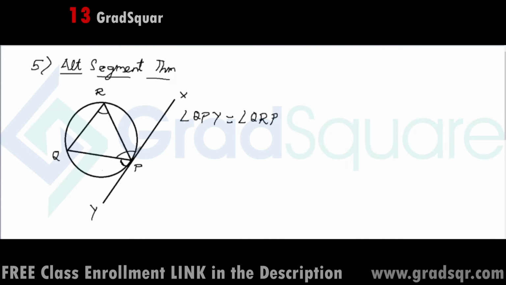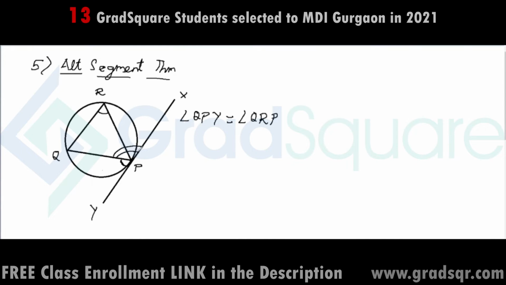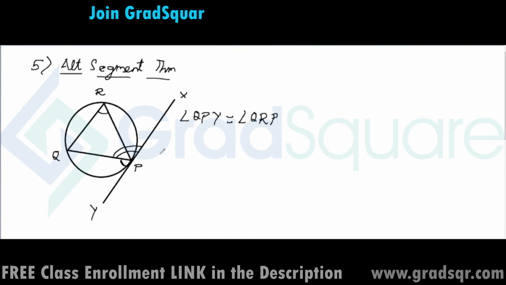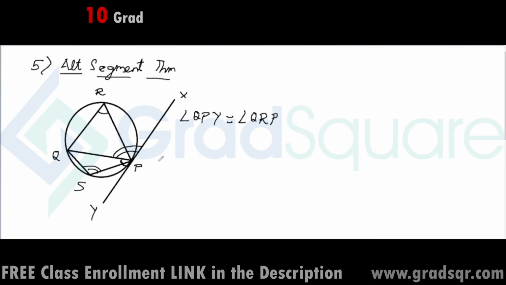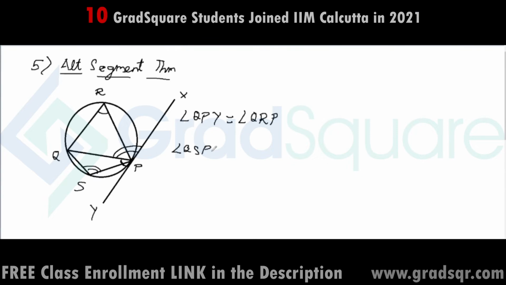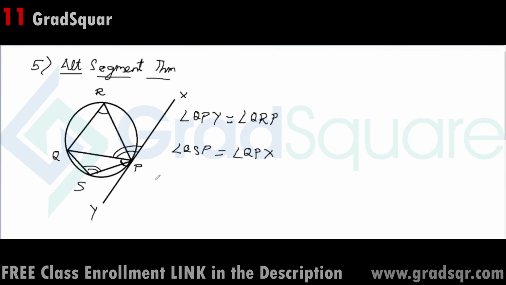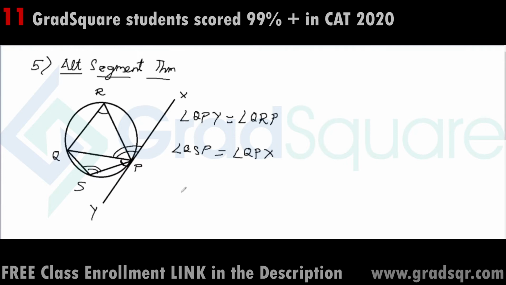Similarly, now if I take the case of angle QPX, QPX is also an angle formed by the chord and the tangent at the point of contact, and this angle is present in the direction of the major segment of the circle. So any angle that the chord PQ subtends in the opposite segment, or the minor segment, like this angle QSP, will be equal to angle QPX. This is the alternate segment theorem for circles. Okay.